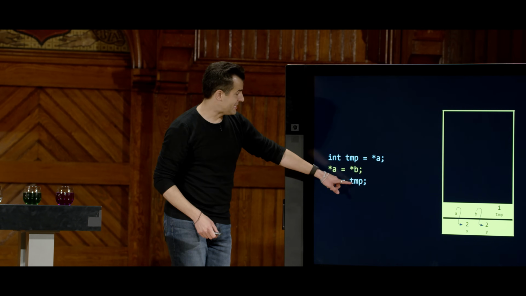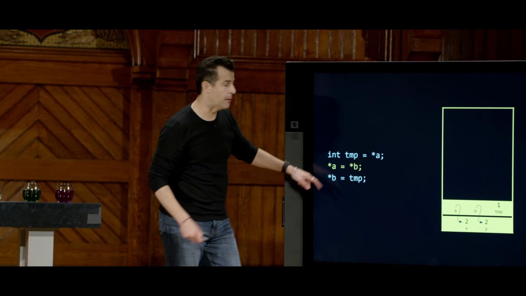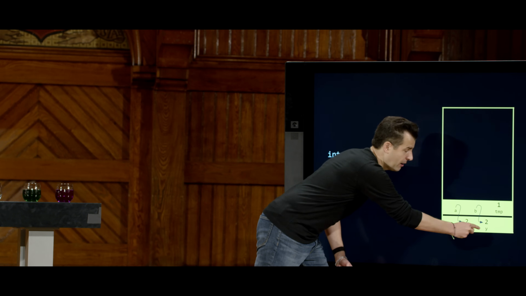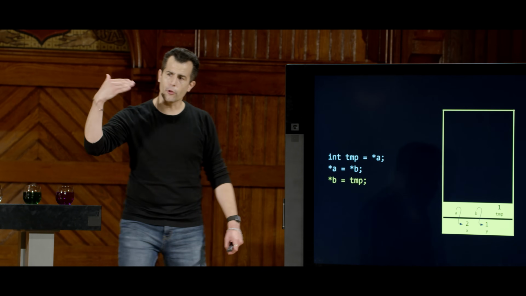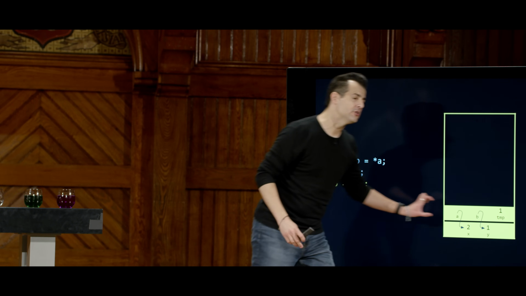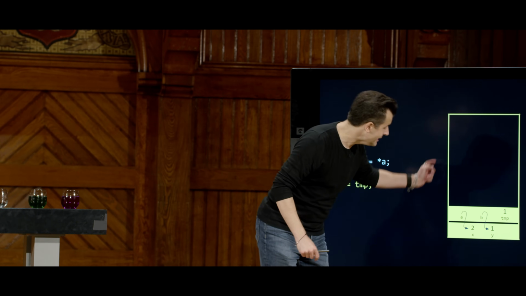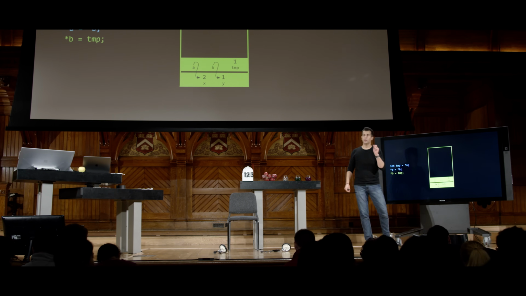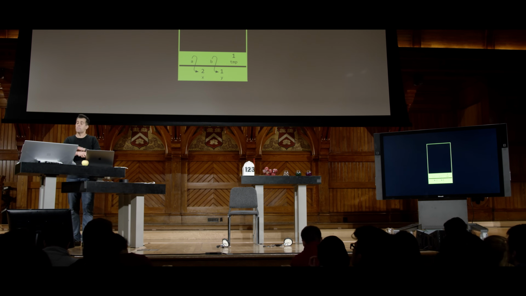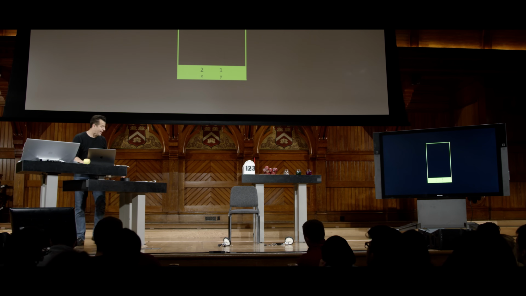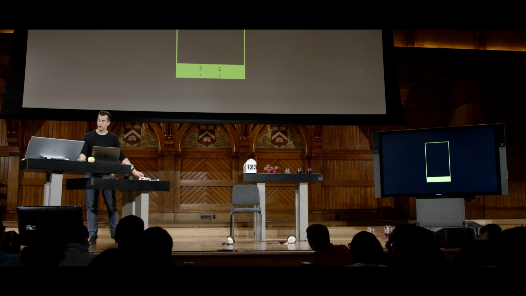Last line, I go to temp. That's an easy one. It's just the number 1. Then I say go to the address in b and store temp there. So let's go to the address in b by following the arrow and change it to temp. And so now I've still called another function. I'm still using local variables, but these local variables are by definition now pointers, addresses, or sort of treasure maps that are leading me, a la these arrows, to the values in memory that I actually care about. And so now when the swap function returns, it doesn't matter that a and b and temp go away. I have actually changed fundamentally what x and y themselves were.